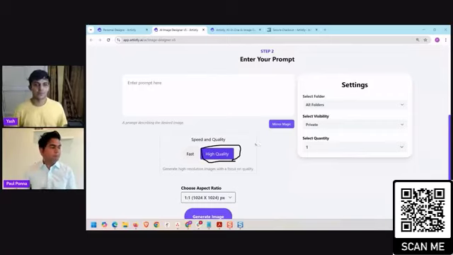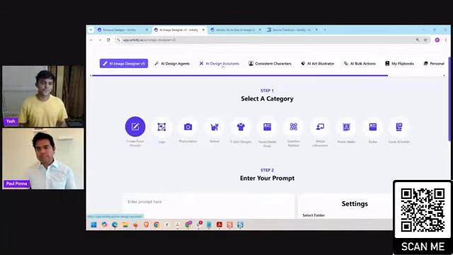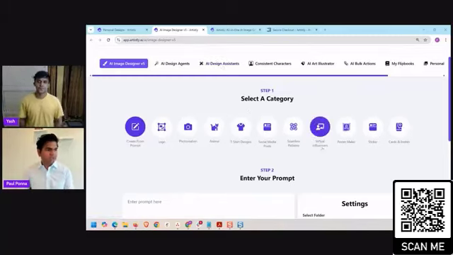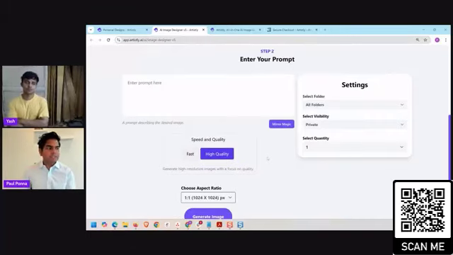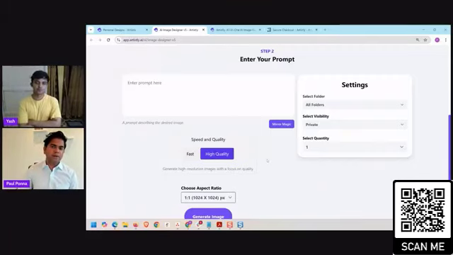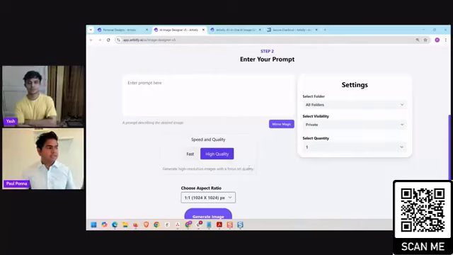So then a lot of people would say, I just don't want all the settings. Like when I go into AI design agents and I create a storybook, or I go to virtual influencers or posters and stuff like that, I don't want to have to decide between fast and high quality. Whether it's 10 images at once, 4 images at once, I just wanted high quality from the get-go. So this took a long time to figure out how to do, because we have limited resources, limited servers and stuff like that. And so finally we've done it in a way where even if you got the basic $49 account, doesn't matter, the quality is going to be the highest quality that's available in the marketplace today